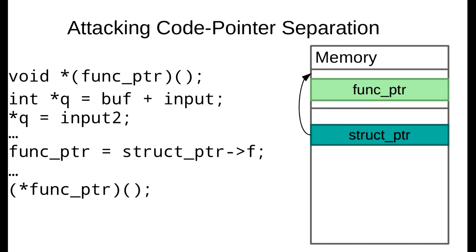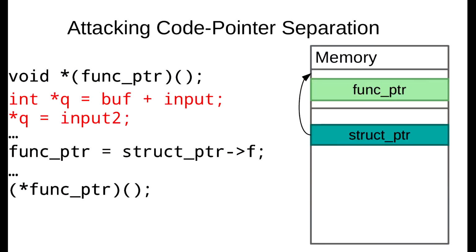We have this small C program here. It looks very similar to the motivating example I used in the beginning, with a slight difference. Instead of just assigning a function pointer, we assign a function pointer through a struct. So let's assume that the function pointer is somewhere in the struct, and we have a doubly indirect dereference to the function pointer. Again, we have the opportunity for the attacker to corrupt the buffer, and we know that the attacker cannot corrupt the function pointer itself, because this function pointer is in a completely different memory space and therefore protected.